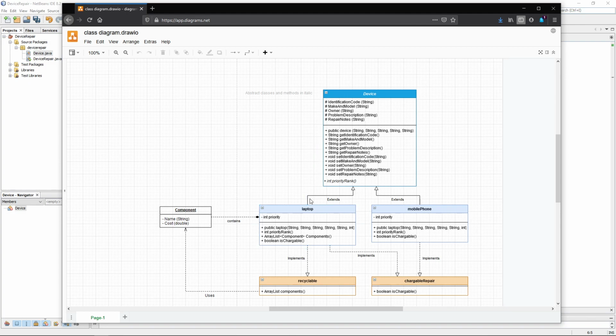The subclasses are the ones that inherit all of the methods and variables from this class. If you set something to be public, see these methods have got little pluses next to them, that means that you can access it from everywhere. You can access it from different classes,